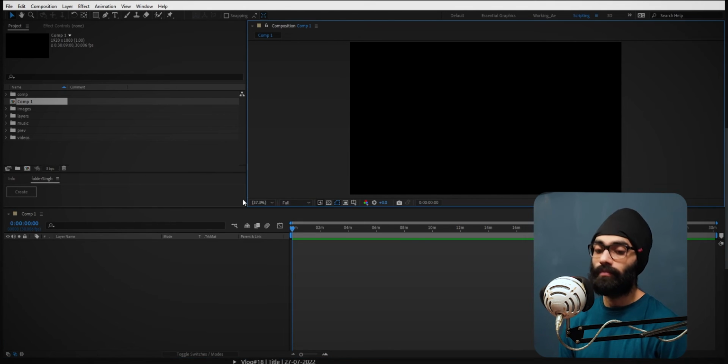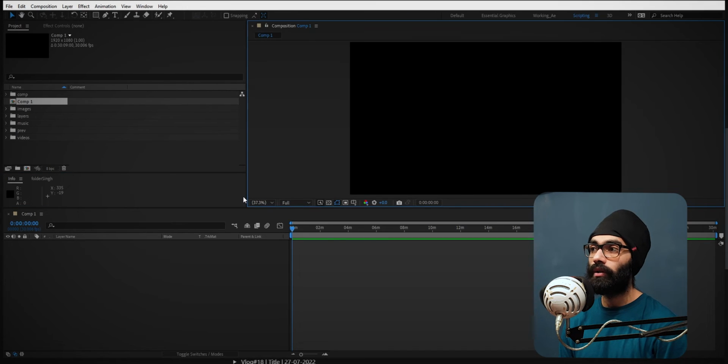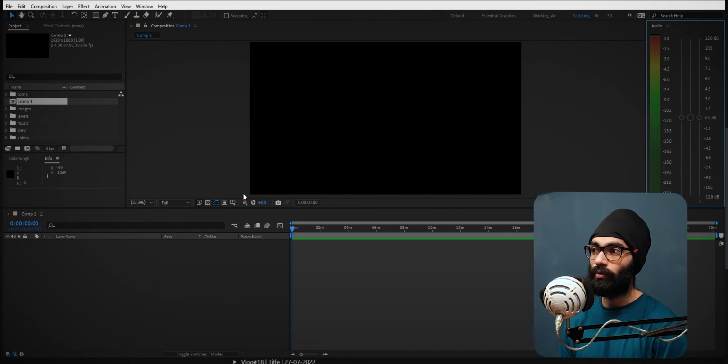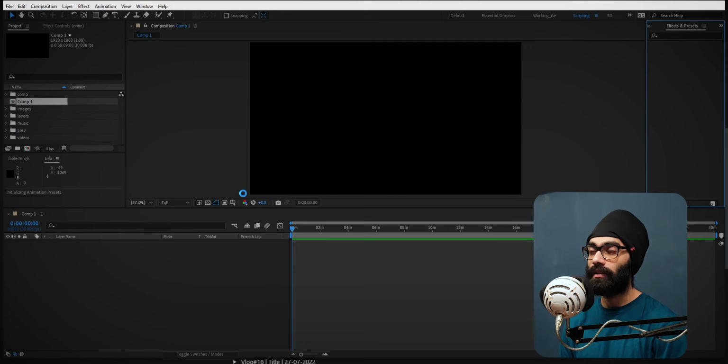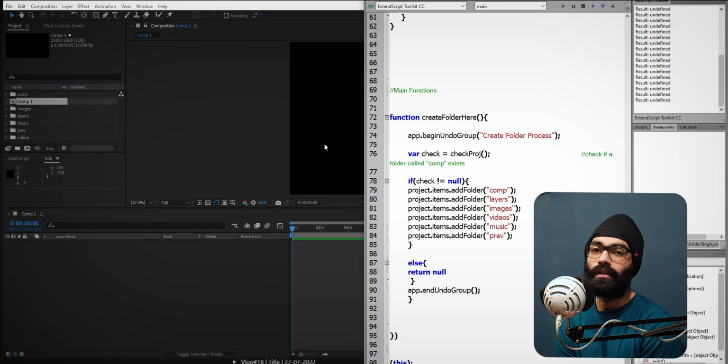The use of this will come also if you do Control 1, 2, 3. Control 1 is showing toolbar, 2 is showing the info panel, 3 is showing preview, 4 is showing audio, 5 is showing effects and presets and stuff like this. These shortcuts are very useful when making AutoHotkey scripts for After Effects. Frankly, I don't feel like there'll be a need for an AutoHotkey script for After Effects because we just have After Effects scripting to help us out. But if there'll be a point where it's needed, then yeah.